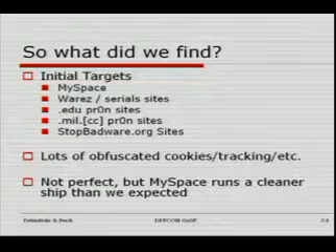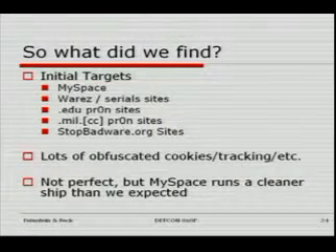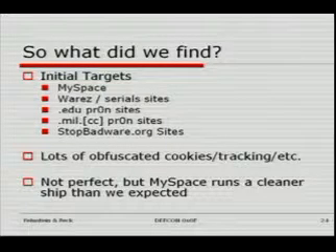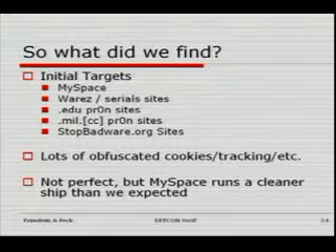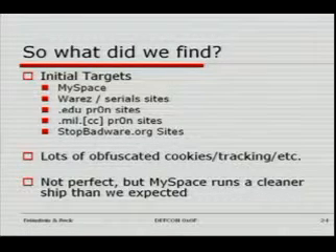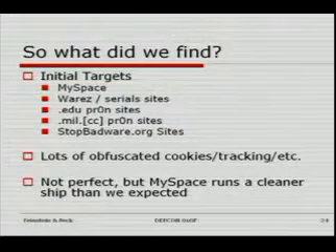So what did we find here? Well, I'm basically talking about the MySpace run. We spidered MySpace for about 3.5 days. We collected about 8 gigabytes of data. In that 8 gigabytes of data, there are approximately 400 to 500 unique JavaScript documents that we collected. So the vast majority